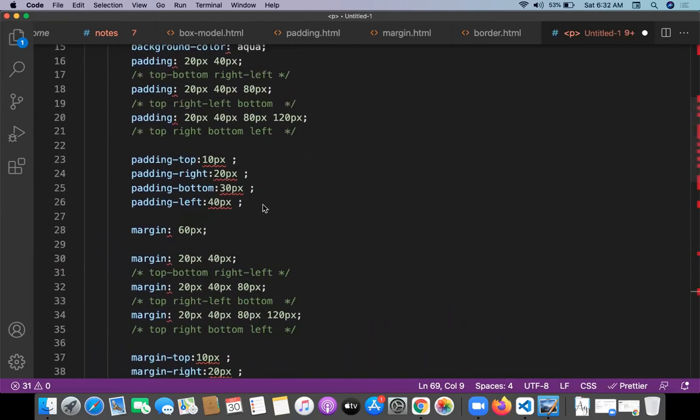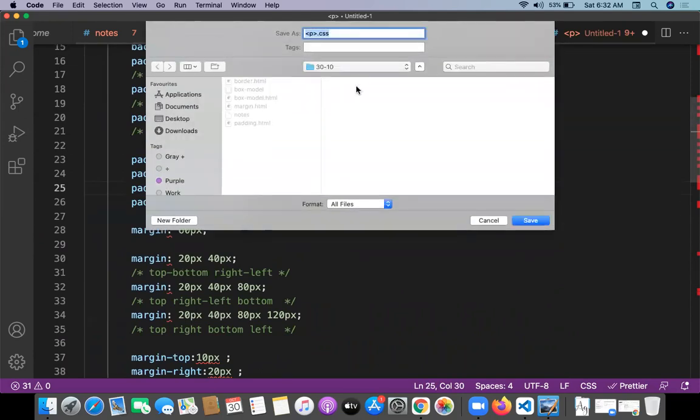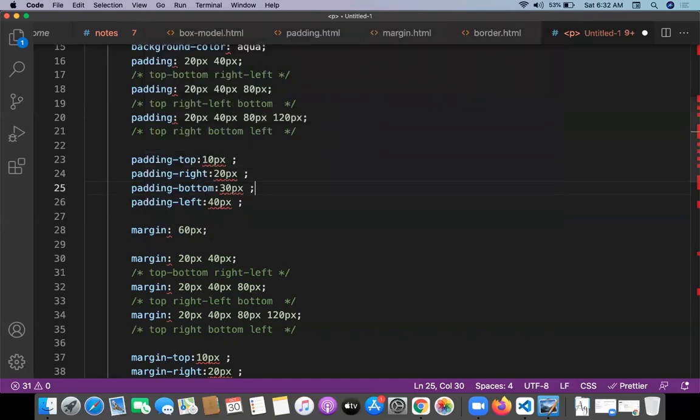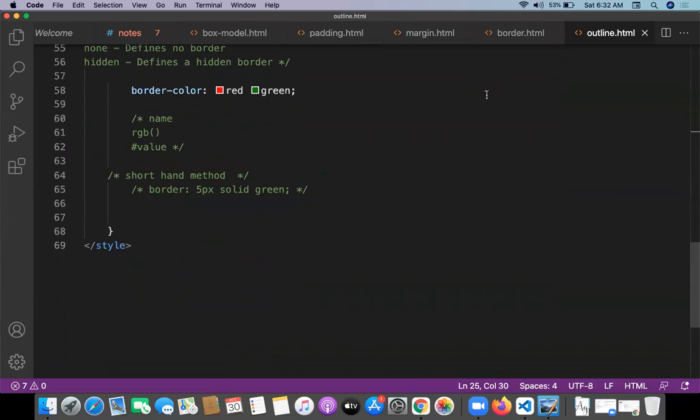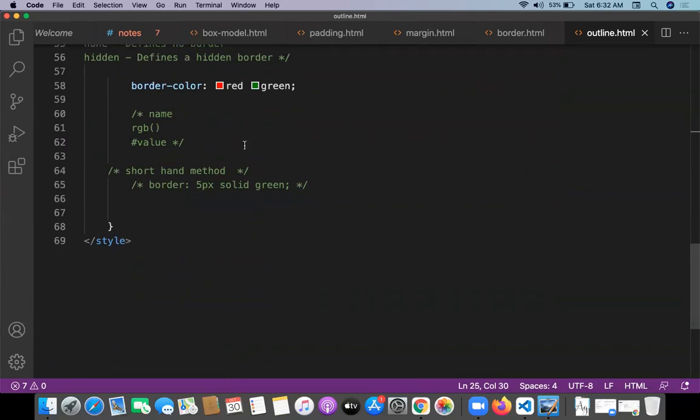outline. Let me save this program as outline.html. Finally, I have a border available, and on top of that I'm trying to provide the outline.